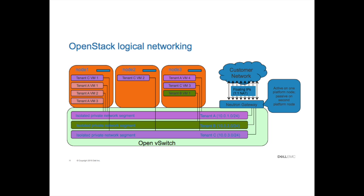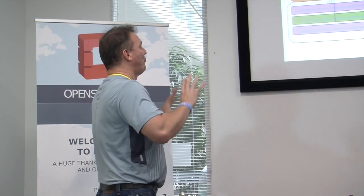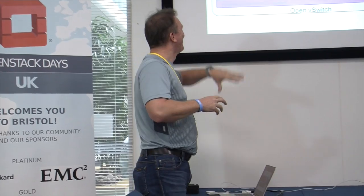Here is a little bit of explanation. It's just a question here into the room. How many of you actually implemented Neutron networking? Okay. For the ones that don't,